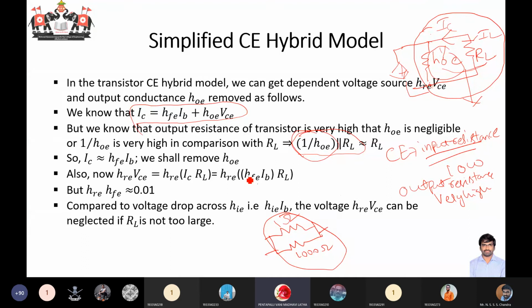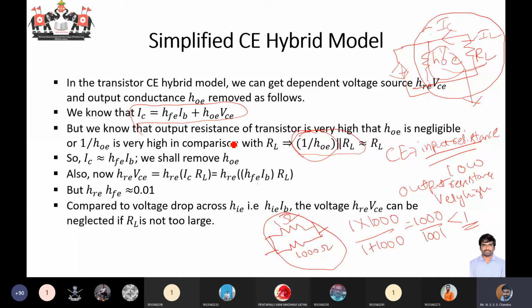R1 R2 by R1 plus R2, sir. Yes, R1 R2 by R1 plus R2. So it will be 1 into 1000 by 1 plus 1000. So this will be 1000 by 1001. This will be less than 1, right? So it means that when you are connecting two resistors in parallel, the effective resistance will be smaller than the smallest value, right?